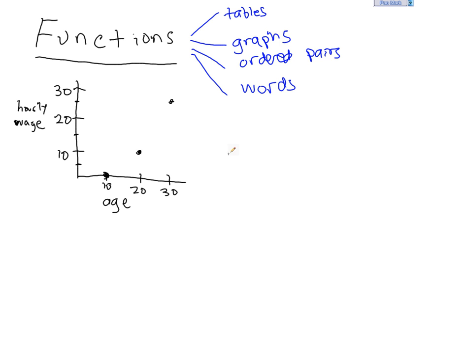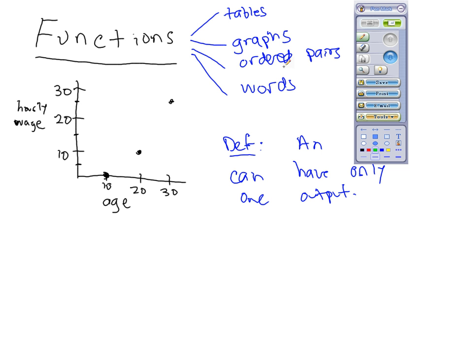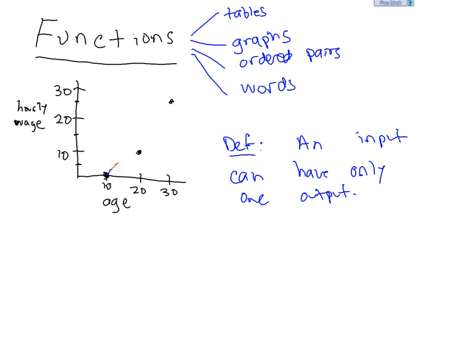Now, a function has a basic definition. Remember that this just means that an input can have only one output. Okay, so let's take this situation for example. Well, we have this idea of the vertical line test, which we'll use to reinforce the definition. The vertical line test basically says that if we were to chop a line going up and down, that's what vertical means, through this set of pairs, then we should intersect that graph at most one